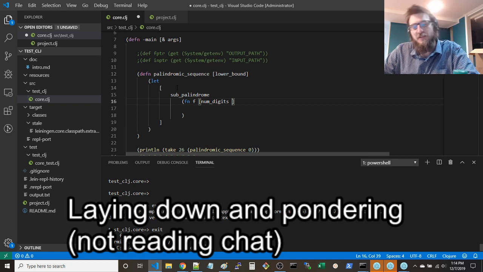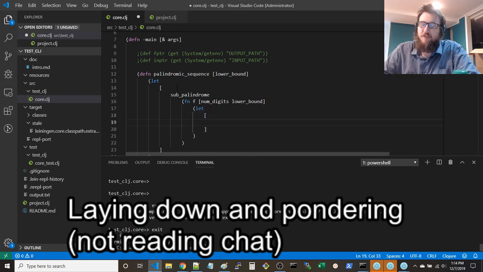And we're also going to say lower bound. All right, that's what I was describing before. And now here, we can also use a let. And we're going to say there's going to be two things depending on an if statement. So first thing is going to be,